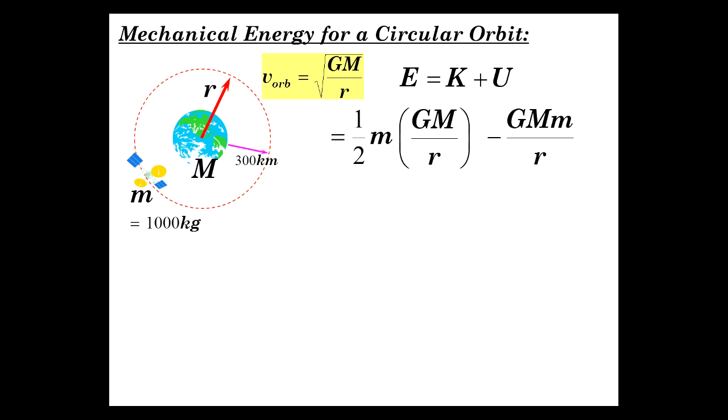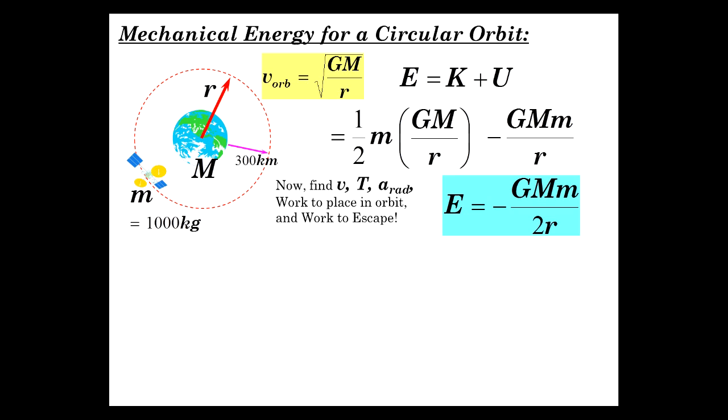It's going to be the r from the center of the Earth out to its particular place of orbit. Well, this just evaluates to minus GMm over 2r. Very nice. That was very easy. Very good. Now let's find the speed, the period of the orbit, the radial acceleration, how much work it takes